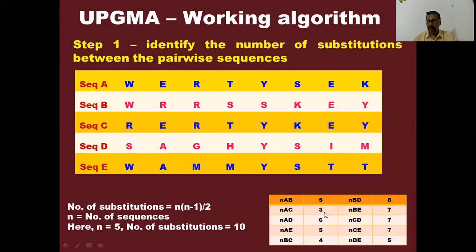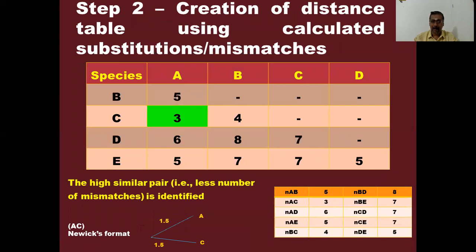In due course of evolution, maybe after 5 million years or 10 million years, you can see most of the amino acids are highly resistant. E and E is not changed. R is retained. T is retained. Y is retained. Highly resistant. So most of the functions between these 2 species, A and C, would have been the same, would have been similar, right? So that is the meaning. So A and C, you amalgamate these 2. A and C was clustered. The highest similar pair, with the least number of mismatches, should be identified. It should be amalgamated, right? So that is AC. So this is the Newick format.